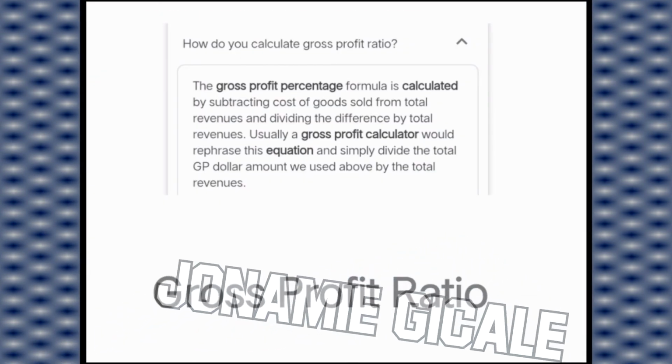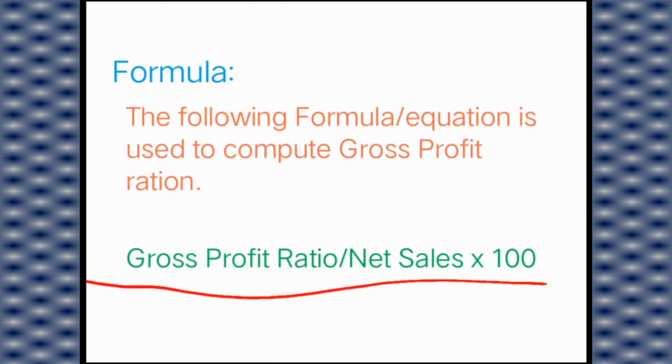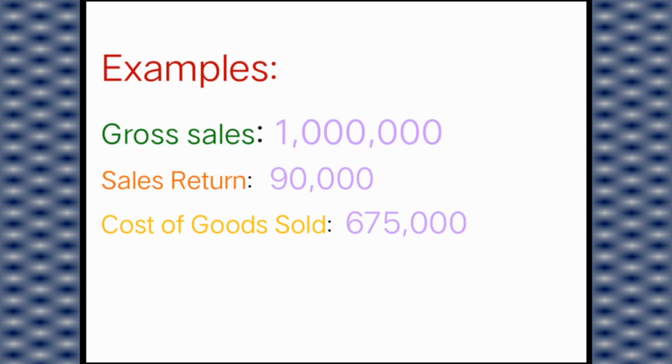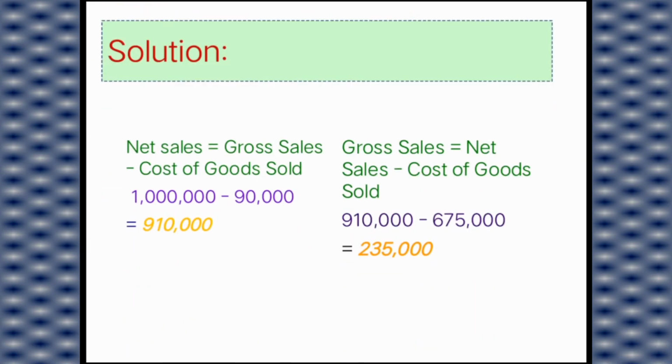Okay, let's proceed to the formula in solving the gross profit ratio. The following equation is used to compute the gross profit ratio, and this is the gross profit ratio formula. An example: gross sales is 1 million, sales return is 90,000, cost of goods sold is 675,000. So the solution: